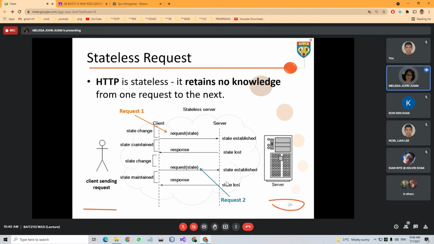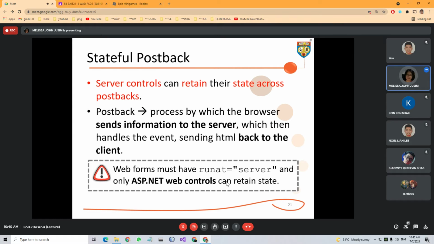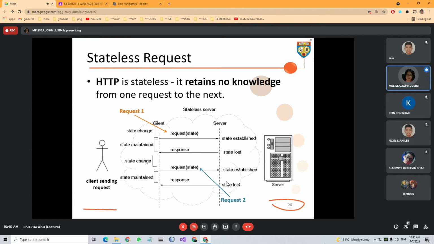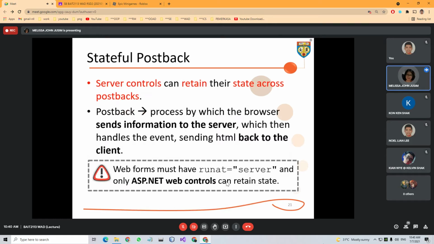So to solve this problem, we have Postback. Stateful Postback. The opposite of stateless is stateful. Look at what we have down here. In our web form, we have runat equals server.